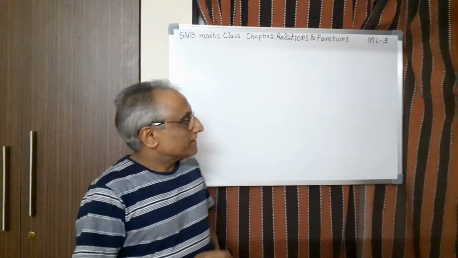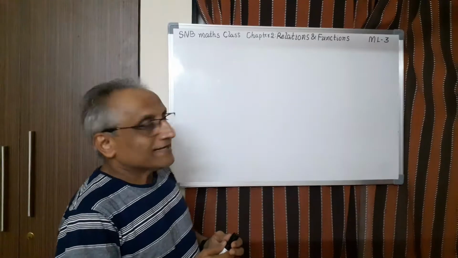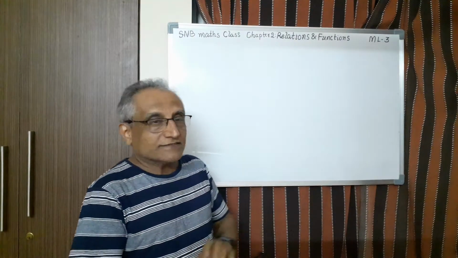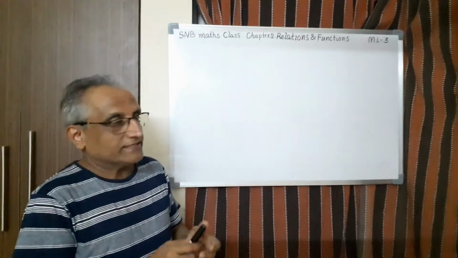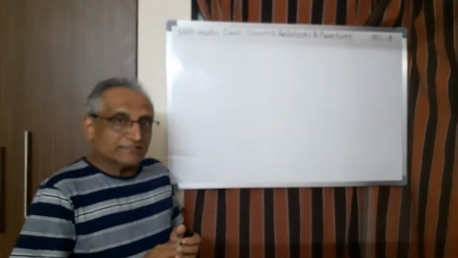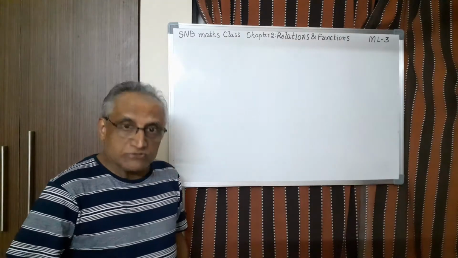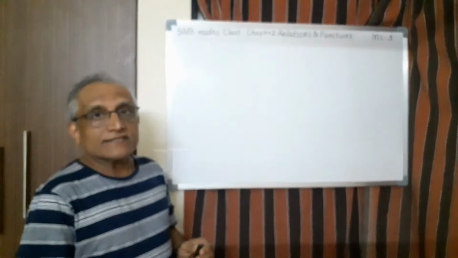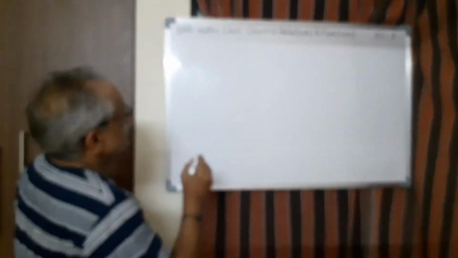Hi students, this is main lesson 3. In the last lesson we have completed relations. So it is a subset of cross product. And then I made a mention about the function in the last class. Function is also a relation, but it has certain restrictions. Let me explain what it is.